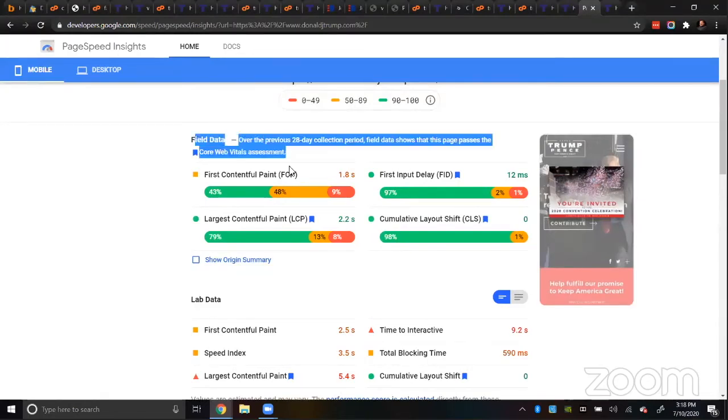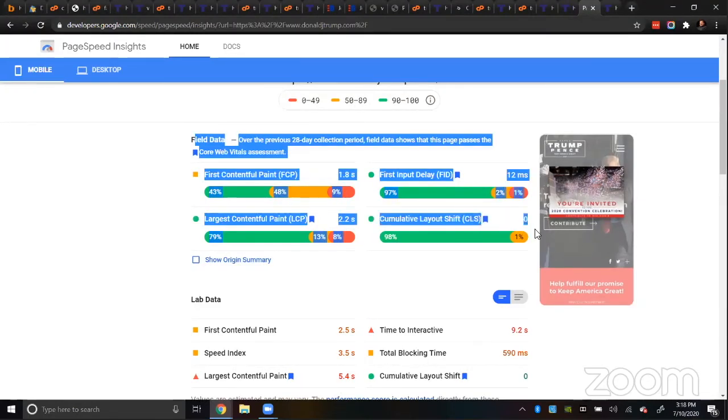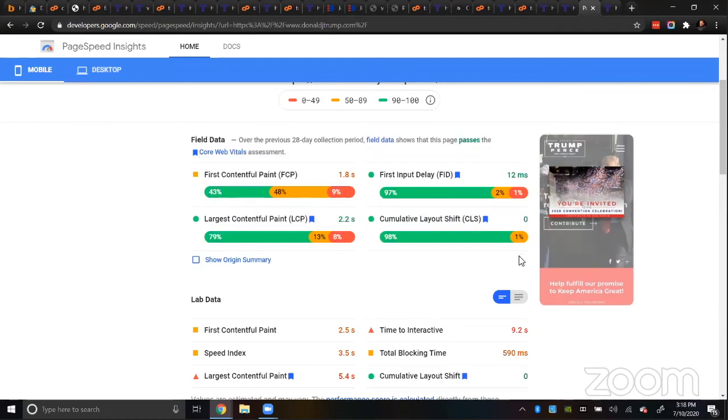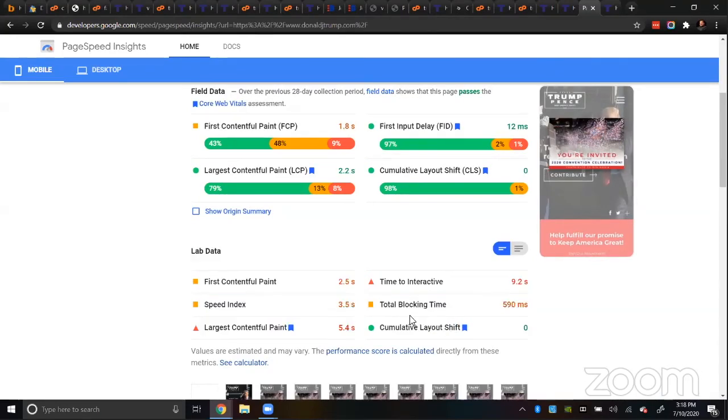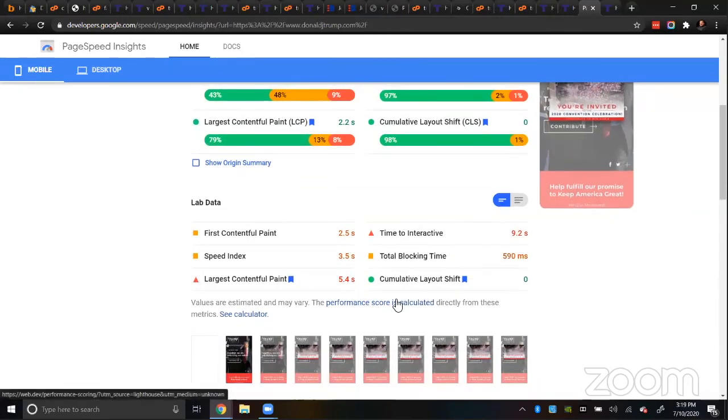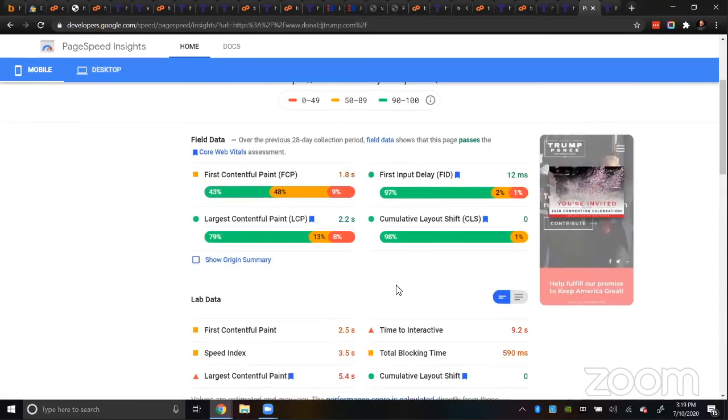What they add extra is this field data. This field data is basically everything taken into account. So the lab data that we've been seeing only accounts for the very first page load. So this is like a new visitor every single time. Well, the reality is if you cache things, then they don't have to load it on another page or when they revisit a site. So you'll see here in the lab data, like the FCP is 2.5 seconds, but the